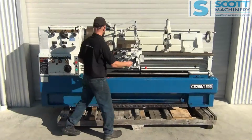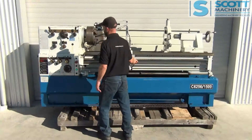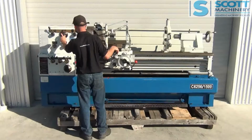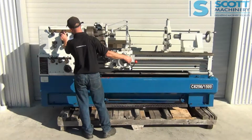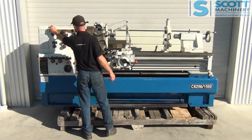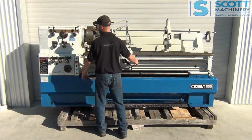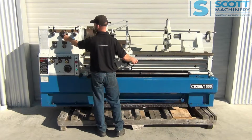Take you through the gear range, just bring that a bit closer. So we are in low range X. So that was 120 RPM, that's 170, 80, and I'll take you to Y range, so that'll be 25, 55, 35,